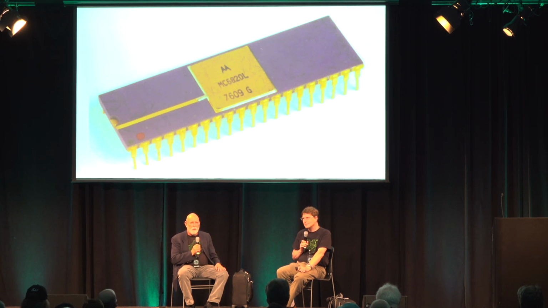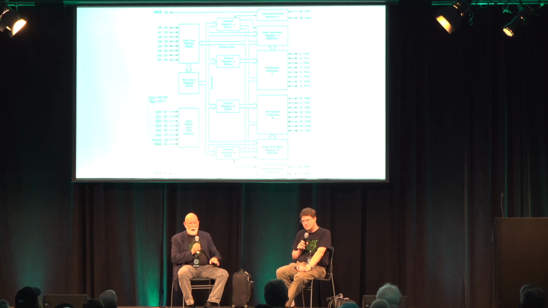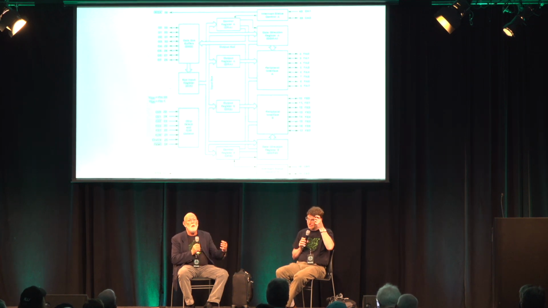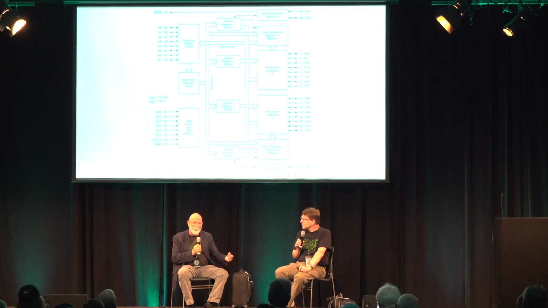So that PIA was the first bit programmable, pin programmable I/O chip. Intel, I don't know if Intel ever had one, but you could have those two ports, port A and port B, and then you could handshake. So you could tell the peripheral when you gave it some more information, and also the peripheral could tell the system when there's information available for it. So that was revolutionary. There's several patents I have on that chip. The layout itself was the first layout of any integrated circuit that was patented.